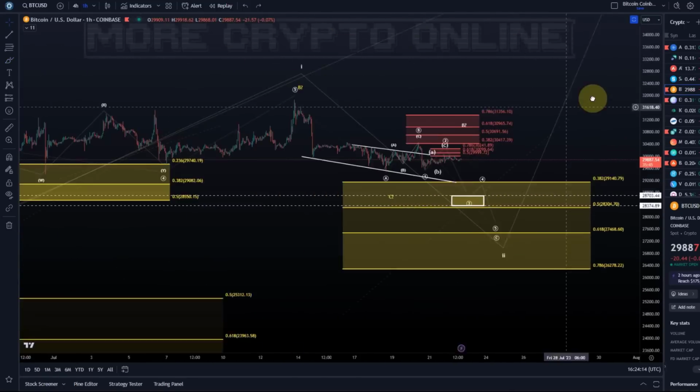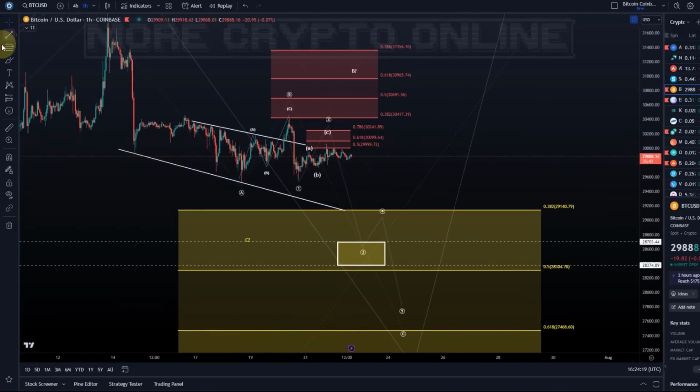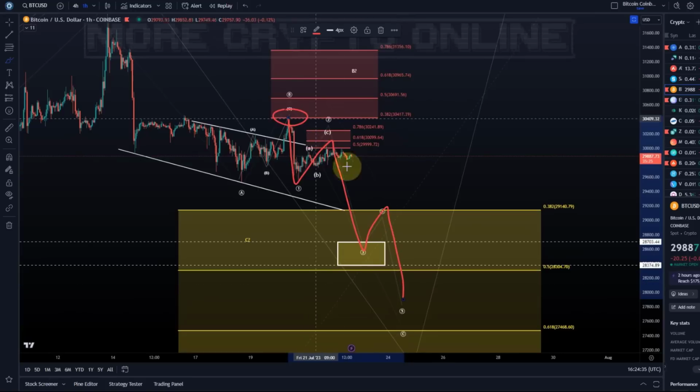And if we zoom in further than that, then we can see that there are 2 possibilities here. So again, either this B wave of wave 2 already topped, that was here the high on the 20th of July, and we're already coming down now in the C wave. 1, 2, 3 would be the next wave down, a rapid sell-off, maybe happening on Sunday or Monday. 4 and 5. Targeting initially 28,370 to 28,700, but that would only be valid if we finally start to break below 29,530, and we should stay below